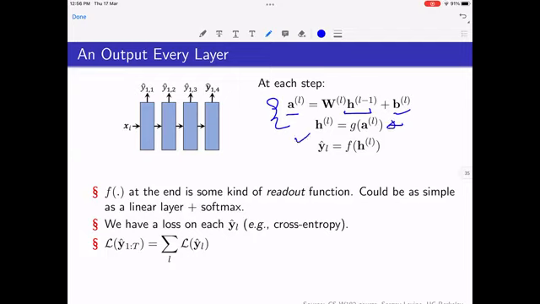Now, what is the output? At every layer you are getting an output, and this is just a readout function, which basically means that you functionally convert this HL to some vector. Maybe if it is a word, at every time step, or rather, the layers are also called time steps colloquially, at every layer you are outputting a single word. Suppose your dictionary has 10,000 words. You can output a 10,000 length vector,